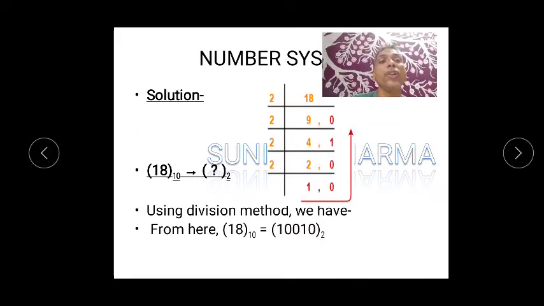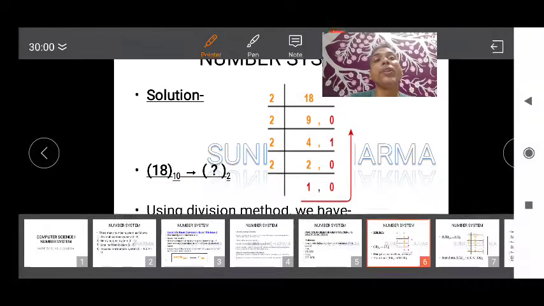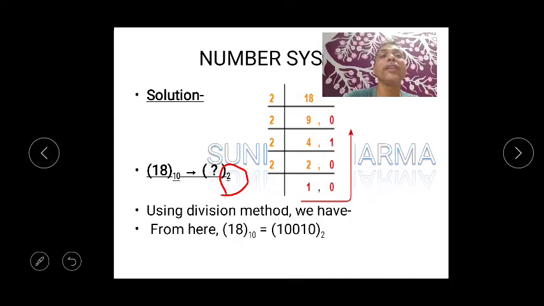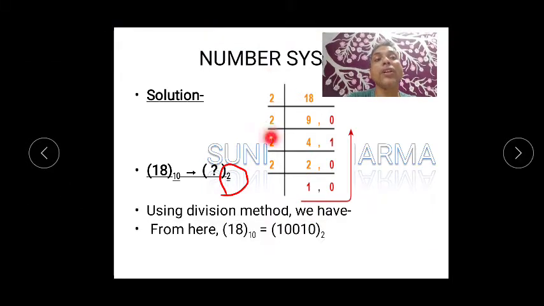Okay, now what you have to do is just divide it by 2. I think it is very simple. Whatever the number, here 18 is there, and you want to change it. You can see what your base is, the one in which you want to change. You want to change it to binary, so the binary base is 2, so you should divide the entire number only by 2. You cannot change any other thing. Can you see we have taken only 2 here, so you have to just divide it by 2.